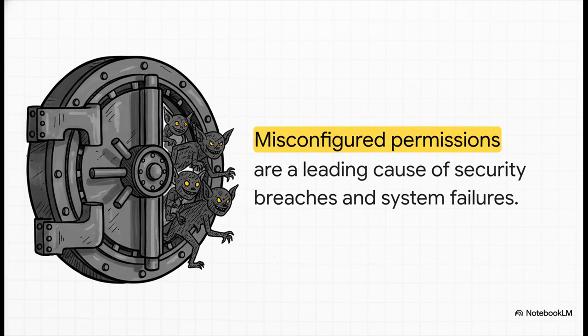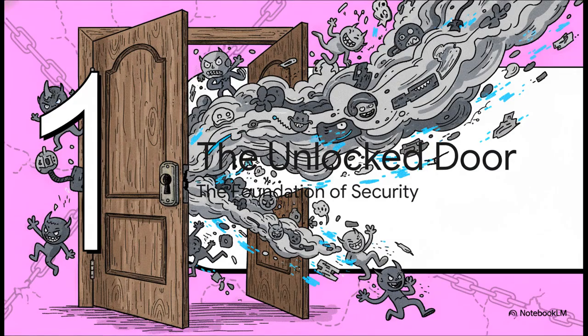And this isn't some small, trivial mistake. We're talking about the root cause of some of the most catastrophic security breaches and massive system outages out there. It's basically the digital equivalent of leaving the bank vault door not just unlocked, but wide open with a welcome mat in front of it. And that's really the perfect way to picture this. When your permissions are set improperly, you've essentially left the doors to your entire production environment completely unlocked. This means anyone, or any rogue process, can just wander right in and start causing all sorts of chaos.